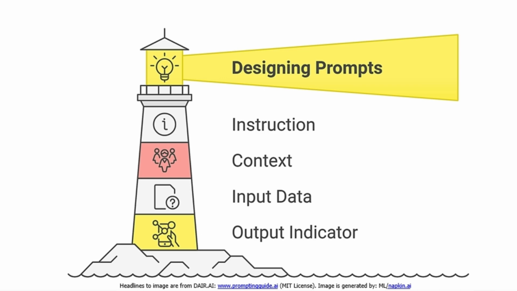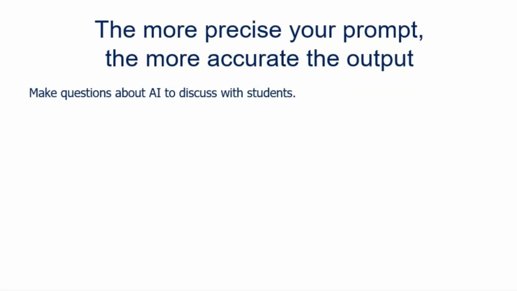Then you can input data. You can quite often add attachments like PDFs. You can give links. You can tell more about the context. And then the output indicator, it means that you should tell AI whether you want a short or long answer, easy to understand with basic English, or do you want more like an academic research paper, or do you want to have a slide set? So let it know what you want, in which kind of format you want the answer to be.